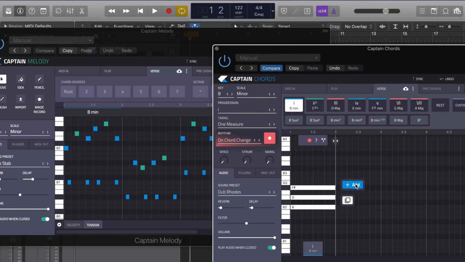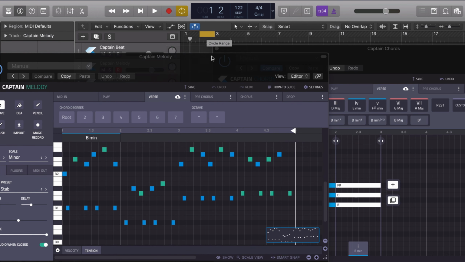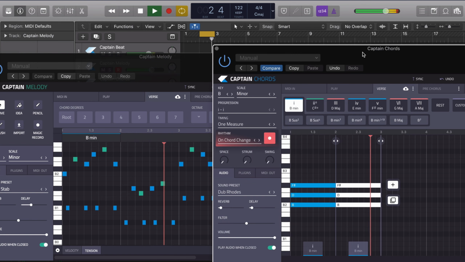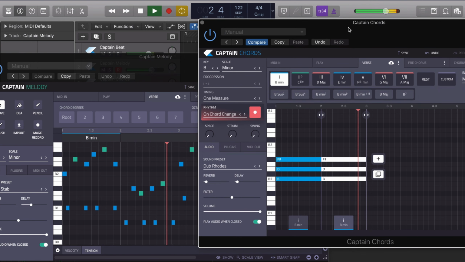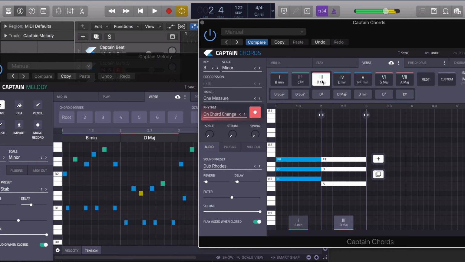And then what we'll do is we'll add another chord. And we'll just change this loop to here. So that kind of works. The tension's a little bit out there, but it does work.